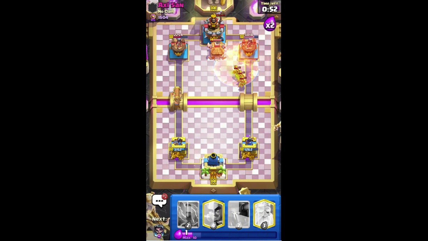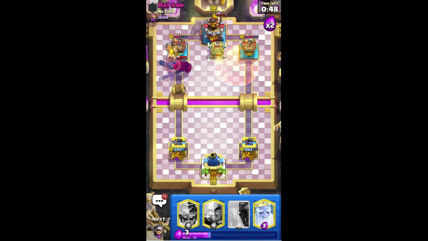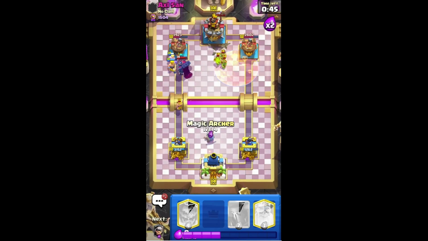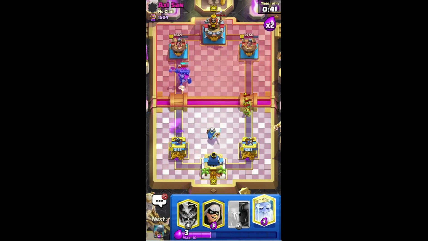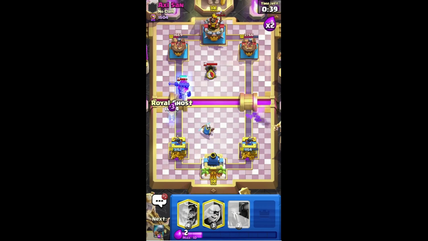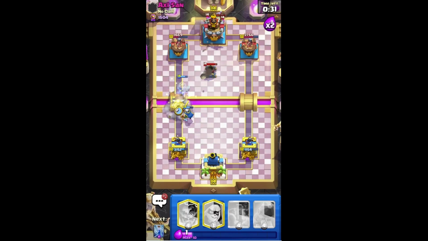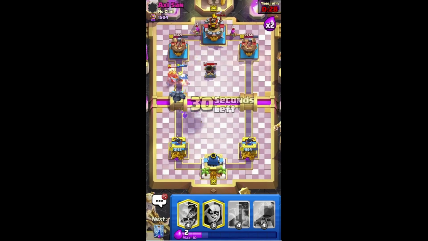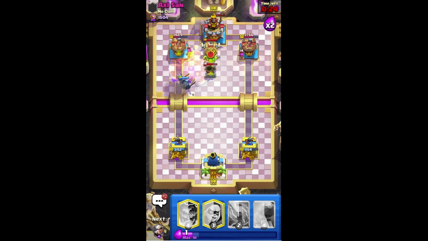He misplayed his hut like 1,000 times. He would put his hut in such a bad position. That zap would have been good because it would get the connection and it would get at least 2 to 3 hits with the barbarian. But since he did his barbarian, he was able to stop my battle ram. Now I do think in his deck he should be using the 2 elixir goblins. I think the 2 elixir goblins are better than the barbarian,